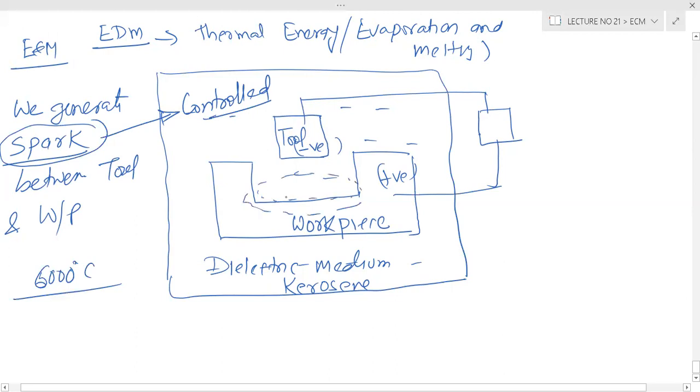Because of this temperature. What is a spark? You know what is an arc? A short duration arc is called a spark. A long duration spark is called an arc. Getting the point? When the spark is for a long duration, we call it an arc. So a spark is an electrical discharge. Now, how is a spark generated? Can anybody tell me? You have a potential difference. Right now, what happens?